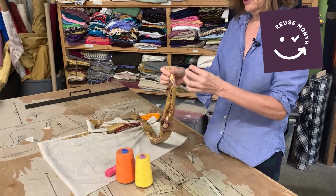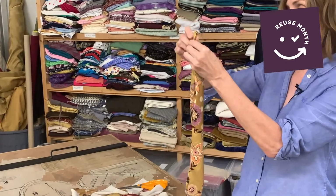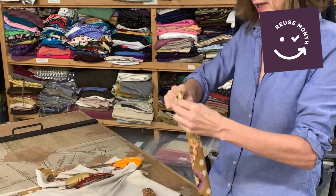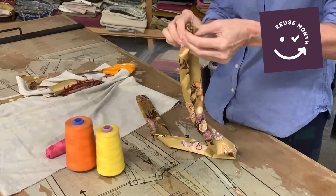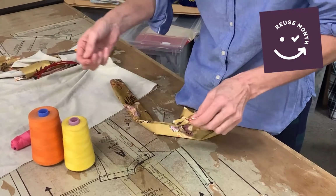Pull the thread quite long and start wrapping it around just to secure it initially, because you do want to tie a knot in it. So I'm going to tie a knot. There it is. So we tie a knot, these two pieces together. Okay, so that's tied in a knot. So now we're just going to